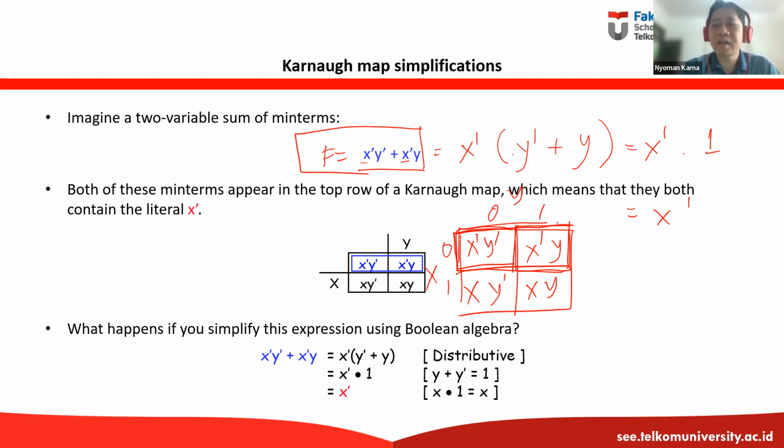So we can identify this block, or this bigger block, when x is 0. So this identification is x naught. The same. Okay, so that's how we simplify a function by using K-map. We're going to create a bigger block and then try to identify this block by using x and y.